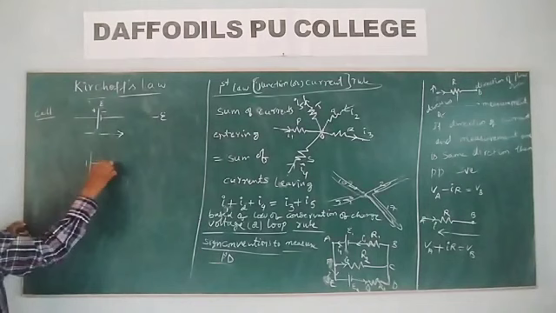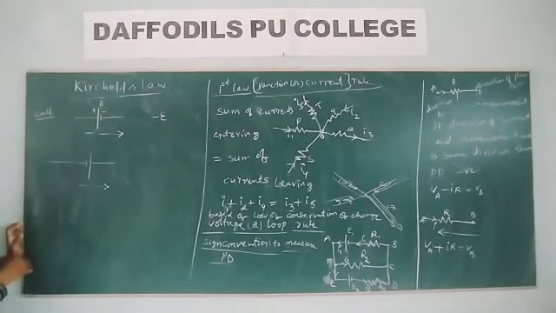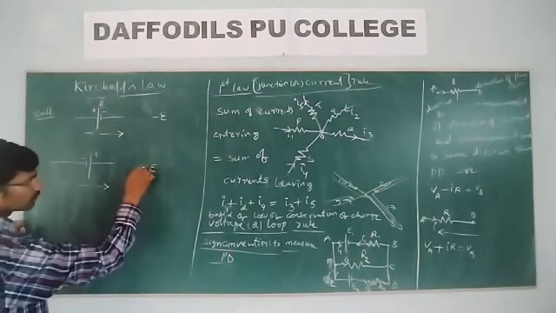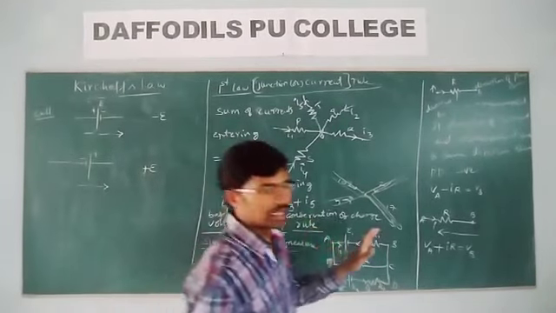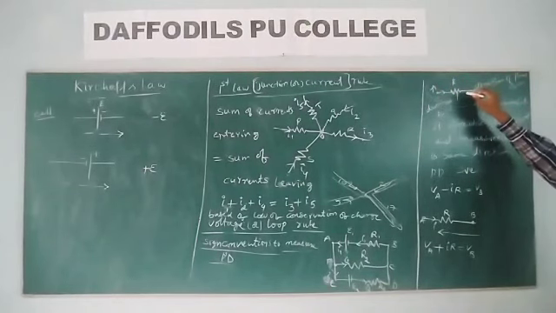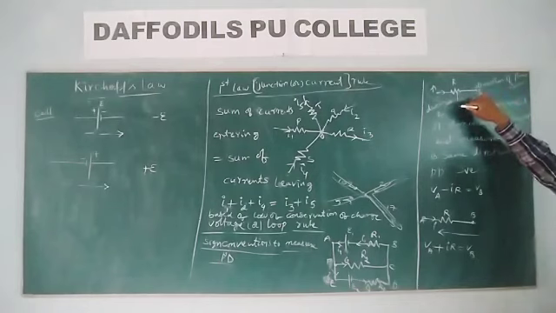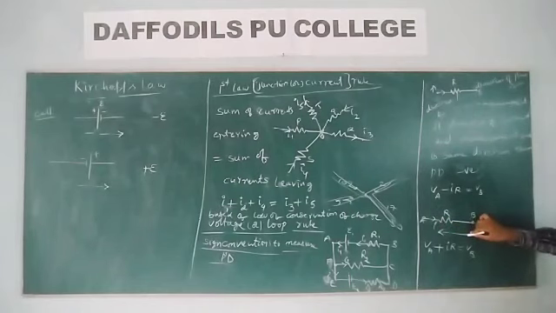But first, when you are moving along the path, this is the direction of measurement. Now, if you get first negative then positive, then EMF is plus E. These things you need to understand clearly. For measurement of the potential difference for resistors, if the direction of the current and the direction of measurement are in the same direction, then we take it as negative. If the current and the direction of measurement are in opposite directions, then we take it as positive.